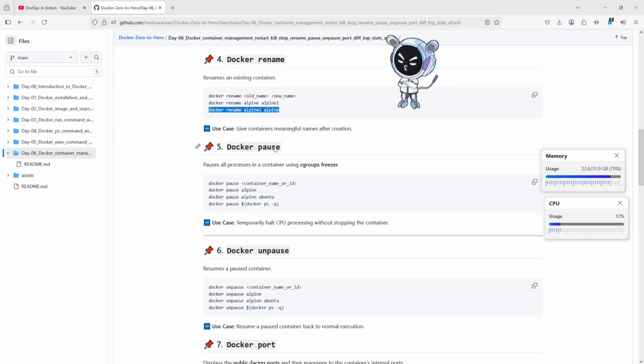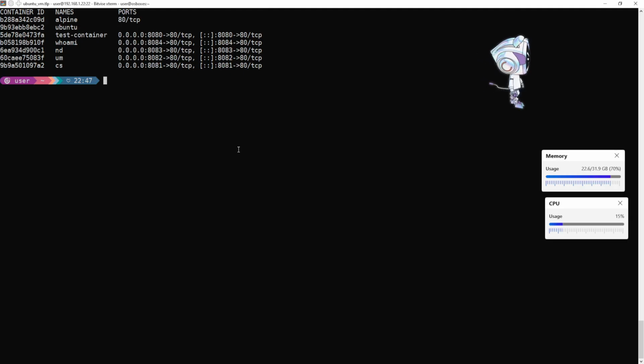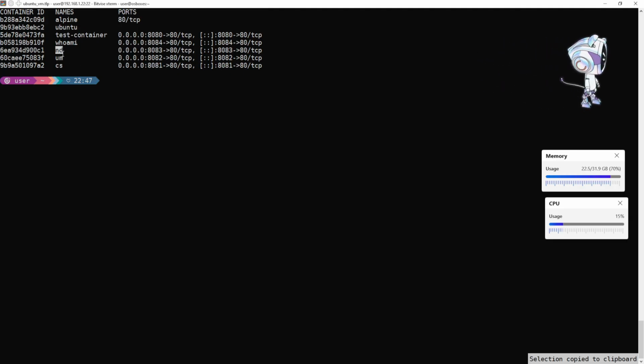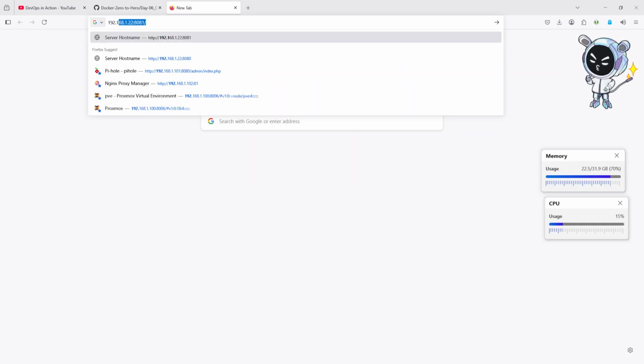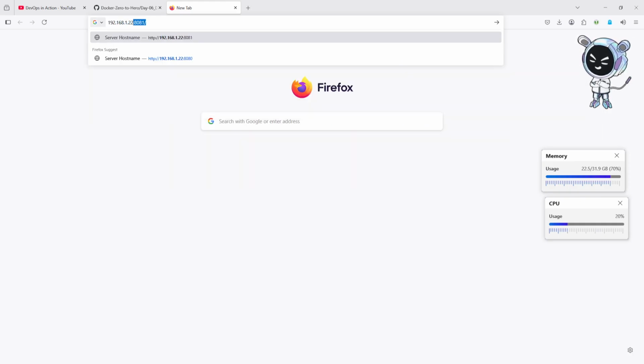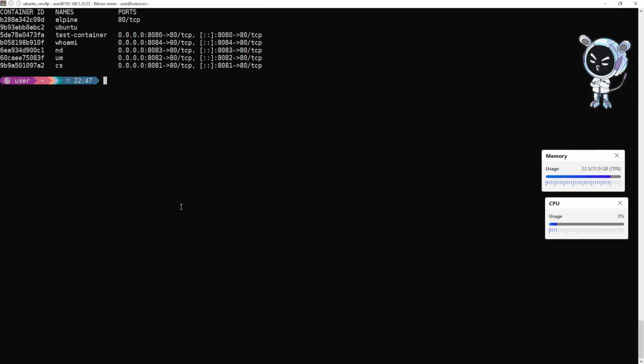Okay, so let's see another one, docker pause. Docker pause basically pauses your container. So let's see, there is one container, Nginx demo, running on port 8083. Okay, so start it on 8083. You can see here it is running, but I want to pause it. Before that, let me show you one command,